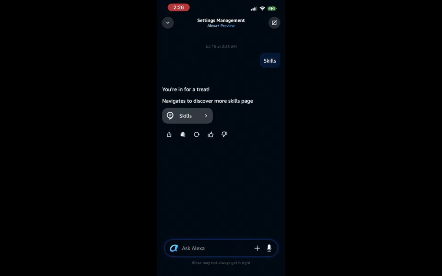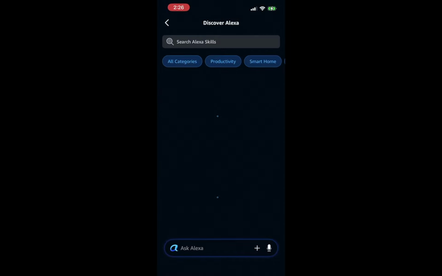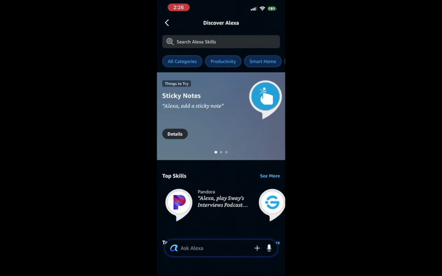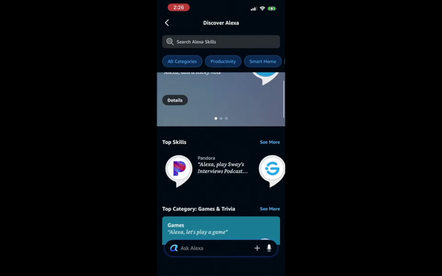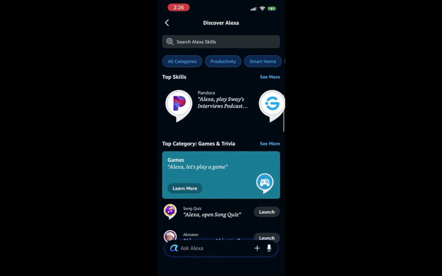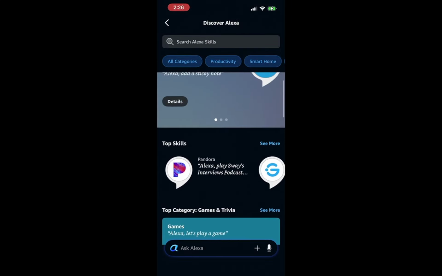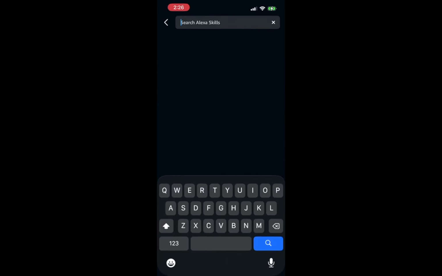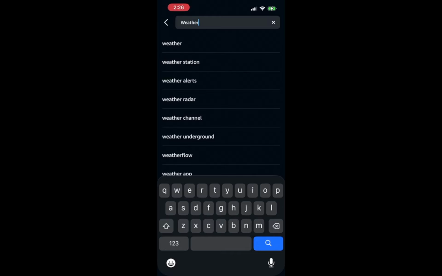Next, type in the word skills and send your query. As you type, you may notice suggestions appearing. This feature helps you find what you need faster. Once you send the word skills, Alexa will respond with options related to skills available in the app. Skills are like apps for Alexa, expanding its capabilities. This is a critical step because it enables you to access a variety of weather-related skills that can send alerts directly to your device. From there, you'll want to search for and enable a weather skill that supports notifications.